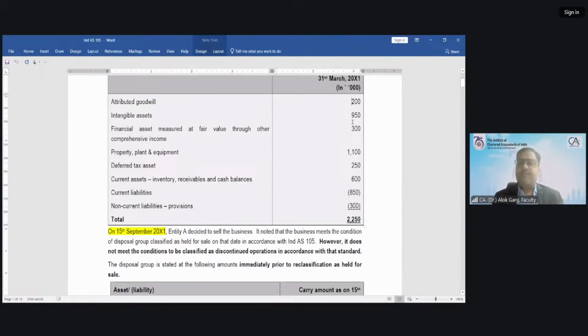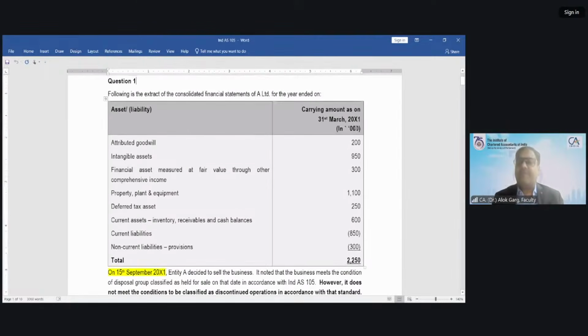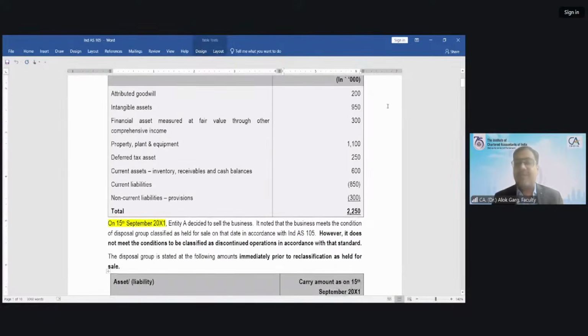Okay. So, see, we are discussing a question and we are discussing a lot of concepts also, correct? We are revising a lot of concepts. Yes, sir. That is the relevance of this line, right? And while talking about the relevance of this line, we have revised the additional disclosure and presentation of discontinued operations also, right? So when you appear in your exam, your mind will work like this only.